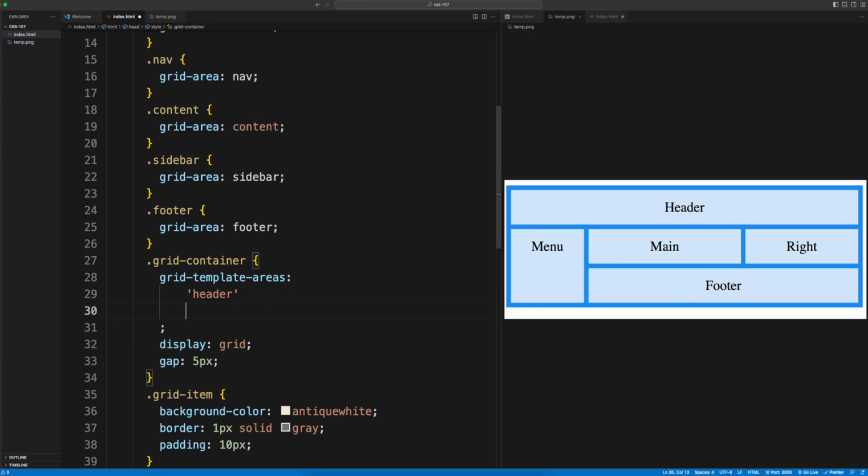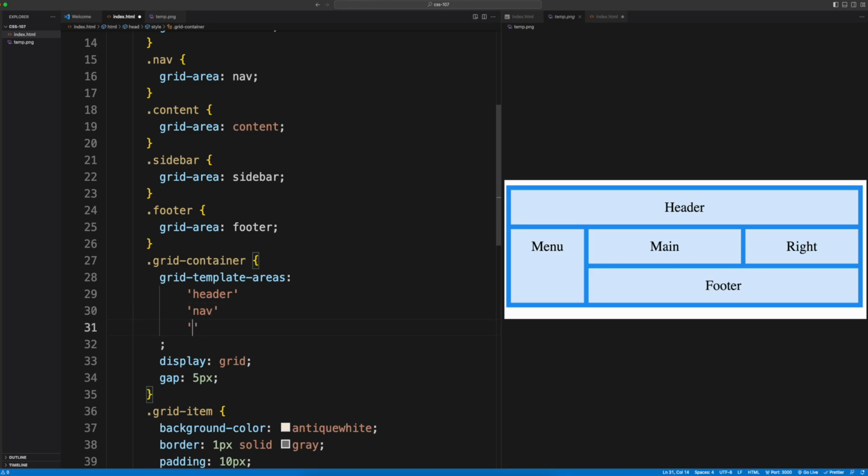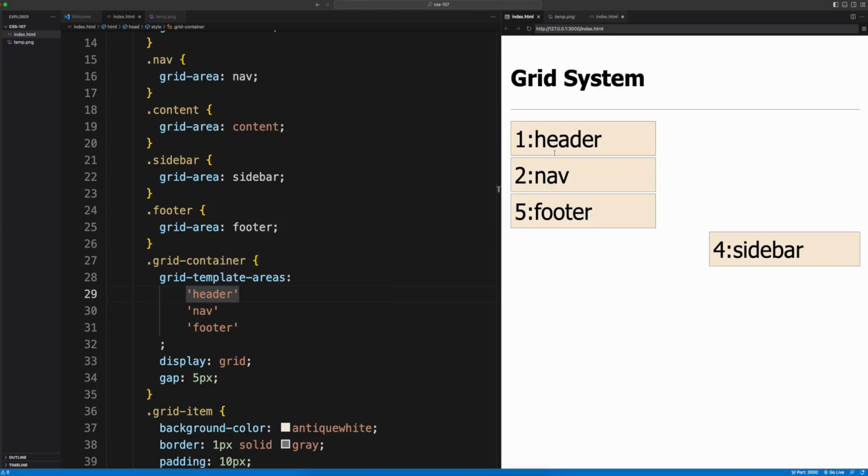So how do you denote those rows here? By going to the next line to put the next thing that is supposed to be in that row, which in our case is nav. Then the third thing on that row is called footer. So this denotes 3 rows: header, nav, and footer. If we look at the preview, we should have those things there. Just ignore that other things are not forming, because you're not done with the template, so you're not expecting to see a perfect view of what you're looking at. So we have our header,